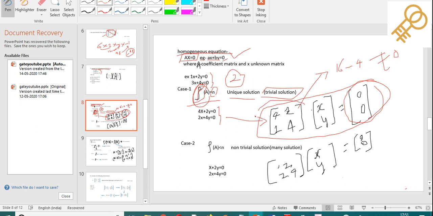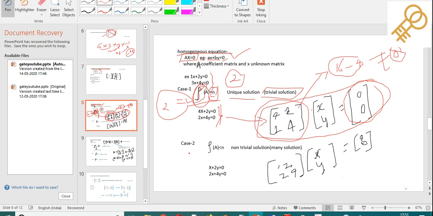In the given matrix, 2 cross 2 is the highest order of the matrix, right? So first we'll check for the highest order. I'm getting a non-zero determinant, so the rank of the given matrix will be 2. The rank of the given matrix is 2 and it is equal to the number of variables, and there are two variables. So this condition is satisfied, then we can tell that the whole equation will give a unique solution.